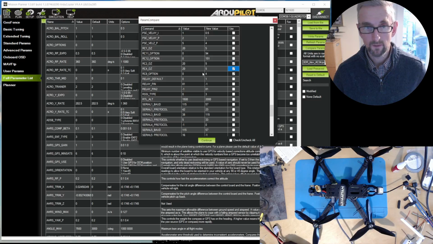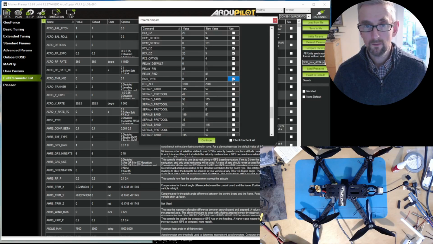I'll leave throttle the same and yaw the same. So change those, RC2 dead zone, RC4 dead zone. I do want the RSSI type to be 3, so that means take RSSI from the radio receiver. I do tend to want RTL altitude to be a bit higher in case I'm flying past trees, so 20 meters